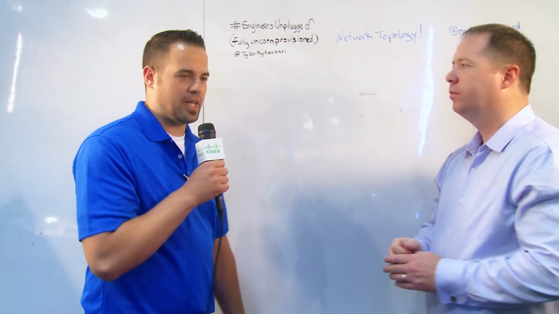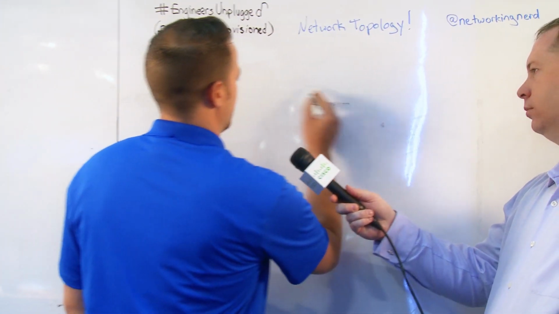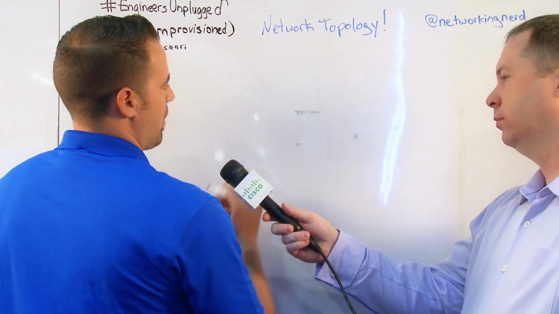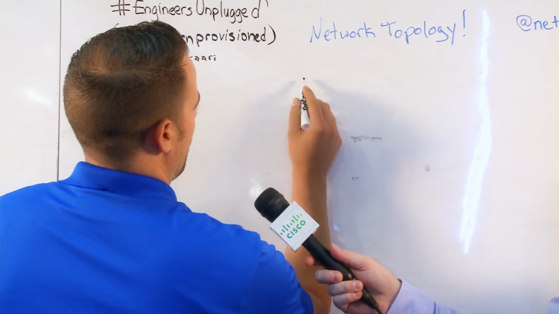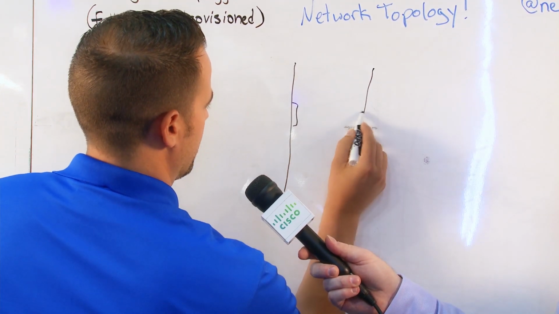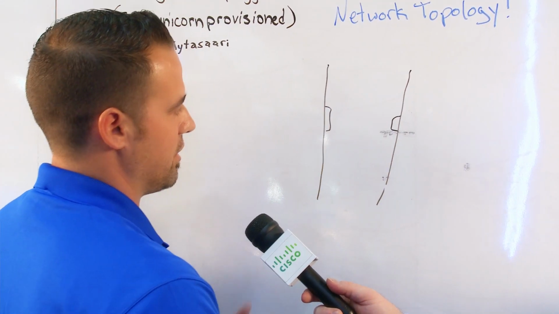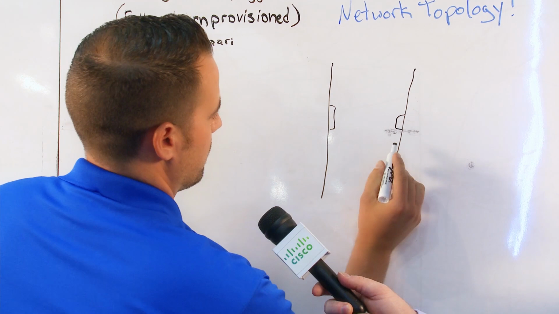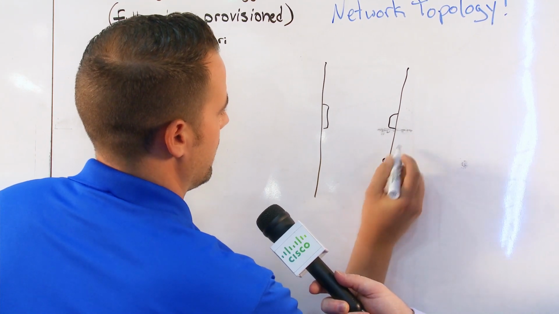Is there anything you can show me about the wireless network that's kind of special? Yeah, there's something I would like to show you. I'd like to draw it if you could take this for me. I'm going to draw a topology here a little bit. For example, one of the hotels we did, the Marriott. We'll start off with that. So down a hallway, you have a door to the rooms, and now you're going to want to try to figure out where you want to place your wireless antennas and wireless access points. So you're going to want to space them out so they aren't interfering. So let's say you put one here,